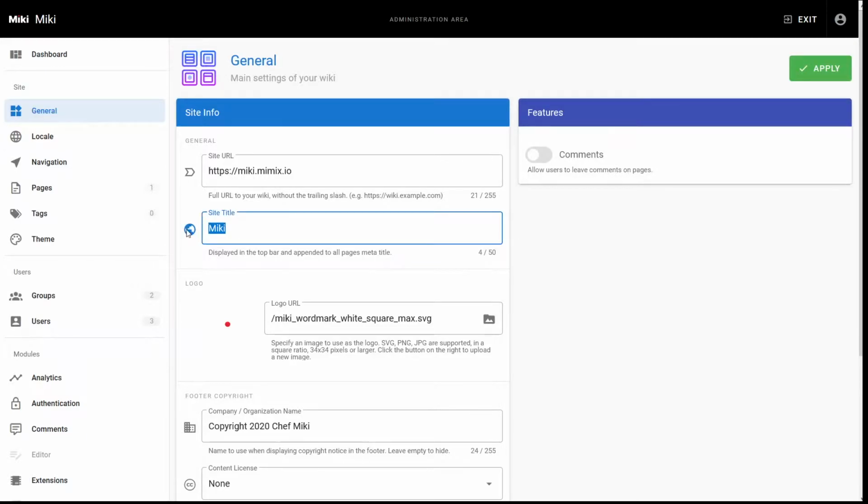Now, I'm not doing that because I think that Miki is a great recipe holder. There's much better recipe software out there. I would recommend Paprika if you really want recipe software. But a lot of business processes and other processes kind of look like recipes. So we're going to use the recipe as an example of how you can put content, navigation, and formatting in your new wiki. I'm going to change my title to Chef Miki, and I'm going to upload a new logo